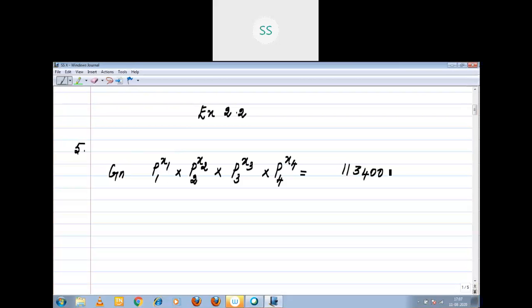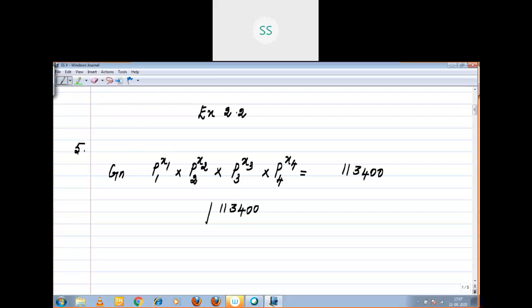They said P1, P2, P3, P4 are primes that should be in ascending order, and x1, x2, x3, x4 are integers. You want to find the values of P1, P2, P3, P4 and x1, x2, x3, x4. Using prime factorization, we are going to find them. First,